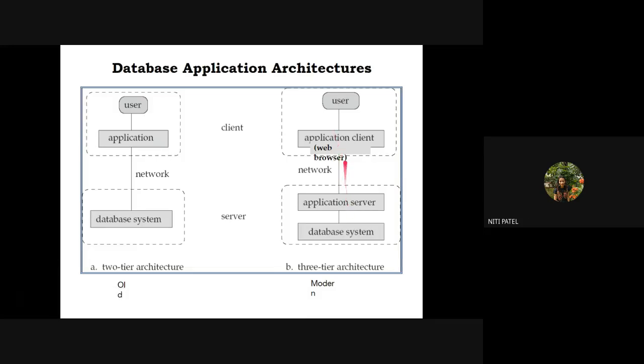So what was the drawback in this two-tier? I am allowing the application to directly get connected to the database. So if I get access to the database once, and if I have rights or am authorized to change the database, I can change this database, which is very dangerous. But here in three-tier, what am I doing? I am not getting directly connected to the database. I am only connected to the server.